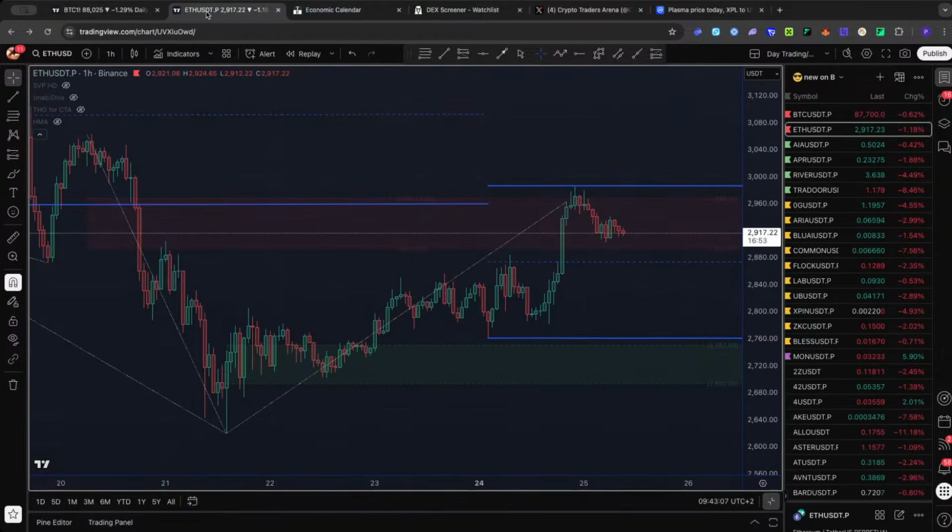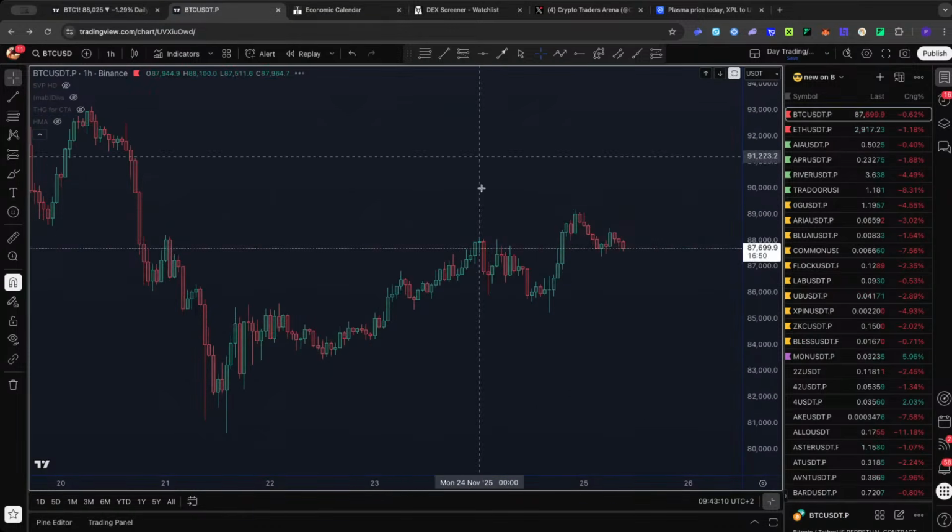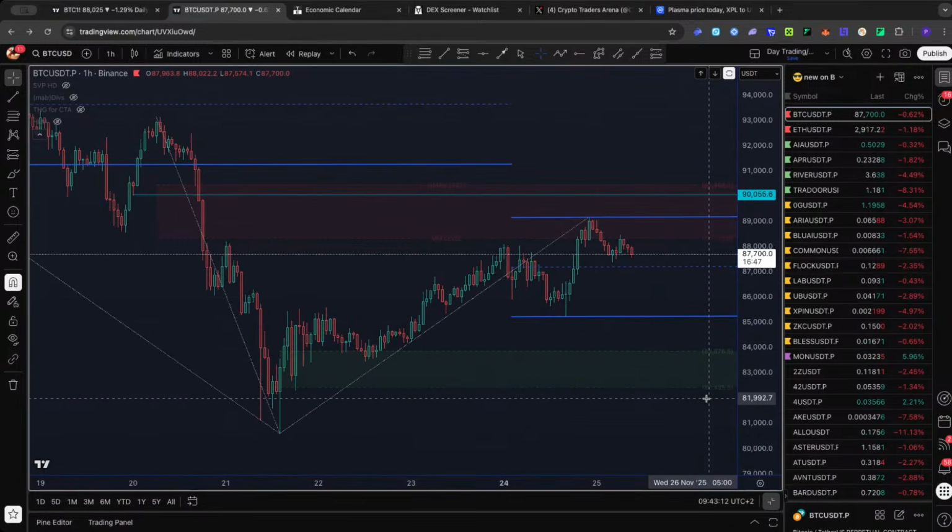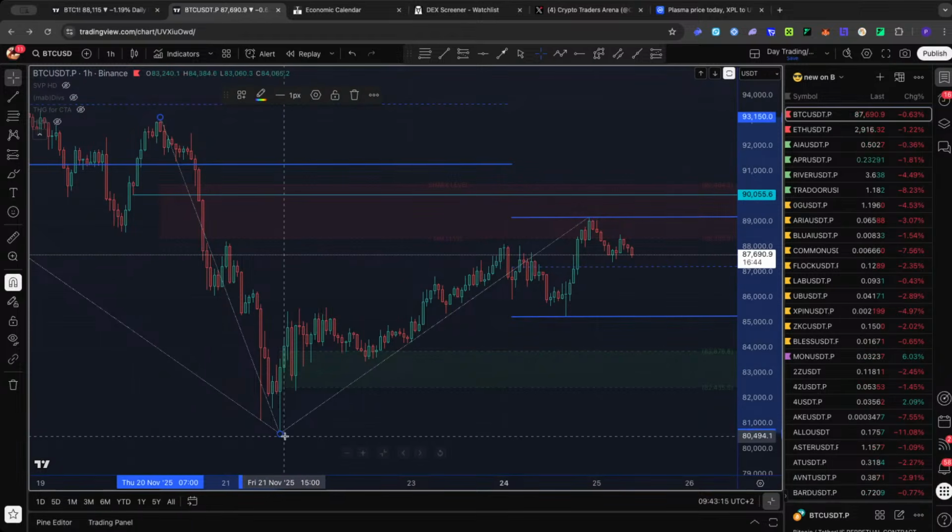Okay, lower time frame. Let's start with Bitcoin, 1 hour. If we take this swing high and this swing low, this is the short reload zone. If we are thinking about the Monday range, now we have it. This is the Monday high, this is the Monday low. We have the range, we can play the range now. Within the SFU, the Monday high, and within the SFU, the Monday low. Both setups are still there. Usually we get the Monday high or the Monday low in the first hour of the Asia session, and then it's gone and we have to wait. Now we didn't get that, so we can still play the Monday high or the Monday low.